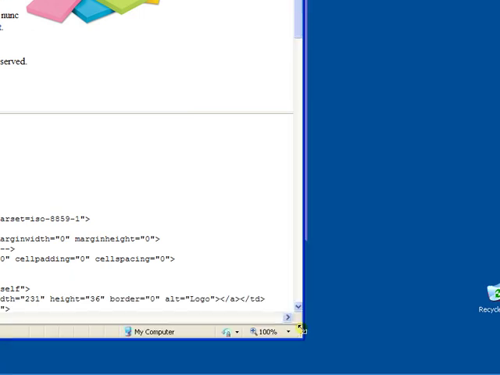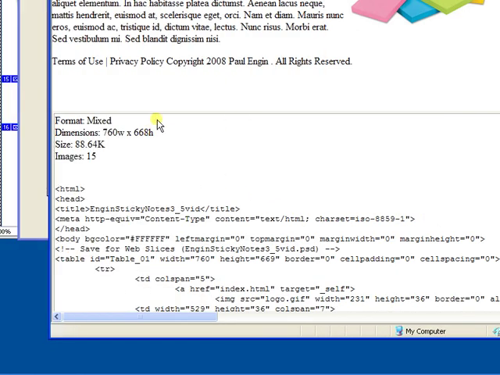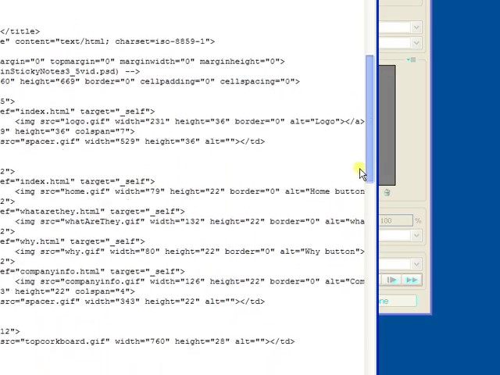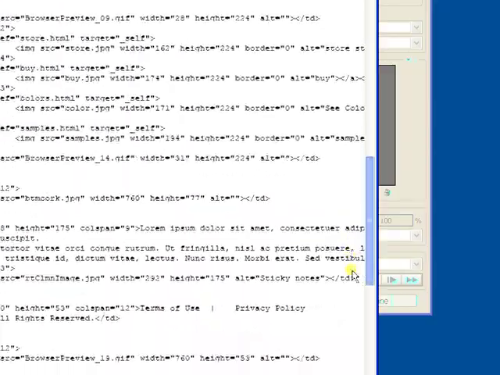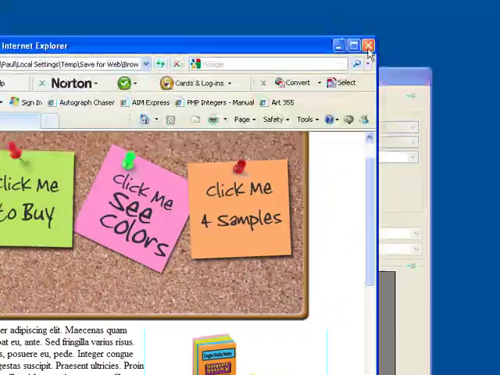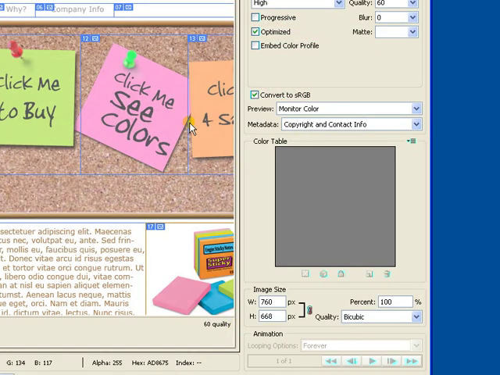And then you can see at the bottom of this, the nice thing is that Photoshop actually will tell you the size of your entire web page and how many images were used, and the HTML code, which again you don't have to worry about right now. So that looks pretty good. I'm going to now click Save,